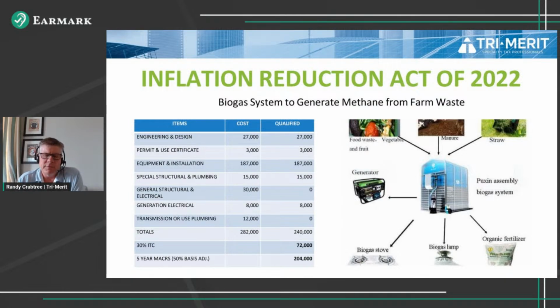Once we identify the 5-year energy property, what does that do? Well, that's our base for determining the credit. So let's assume this is a 30% credit. In this scenario, we have a $72,000 credit. This is depreciable property, and we all know with depreciable property we write it off over so many years. Well, if this is 5-year property, it's going to be bonus eligible. So we're going to be able to write off the rest of that cost as bonus eligible property, which as we sit right now and talk,